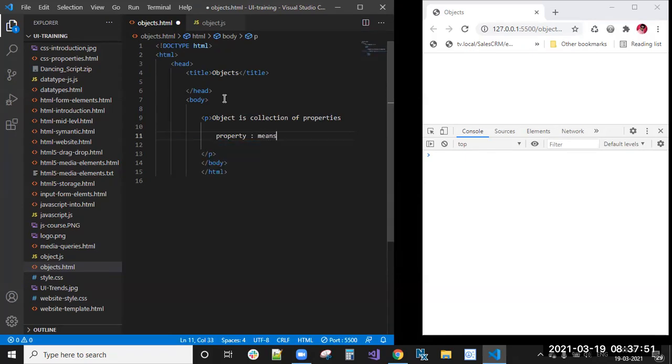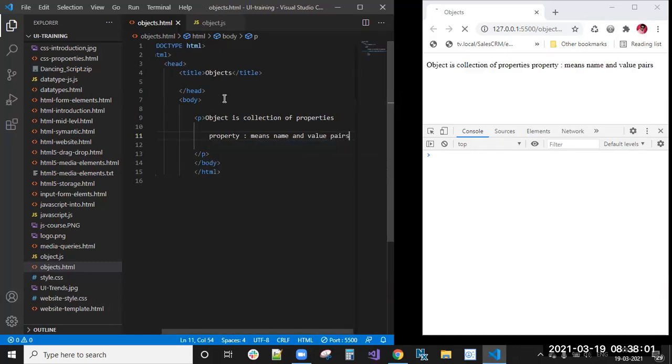A property means it's a name-value pair. Name and value pairs. Remember these definitions. We will see in depth what this property is, what this name is and what this value is. This is about an object being a collection of properties.